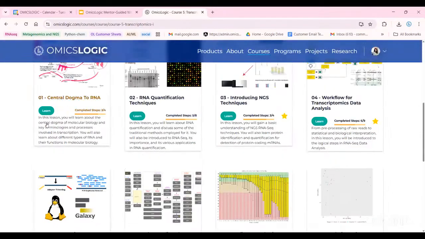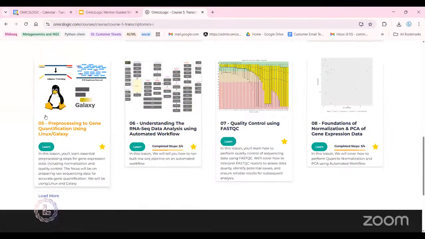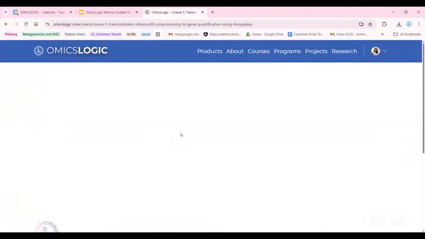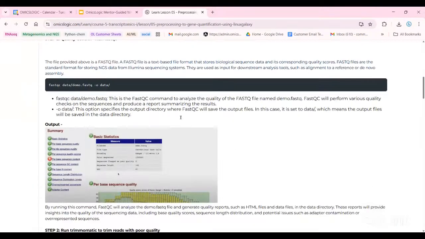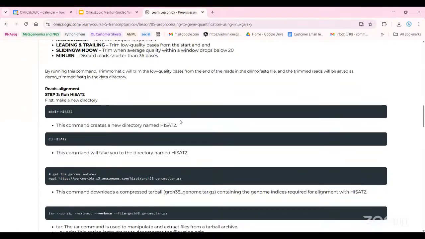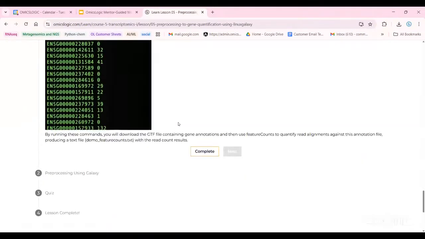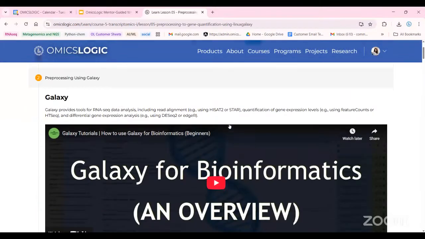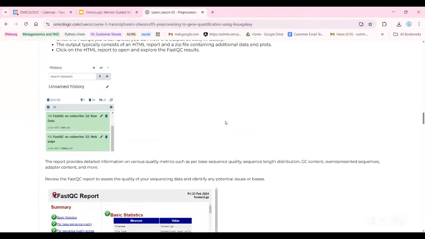So these include workflows. There are open source scientific tools and databases that we are covering throughout the lessons. And all of these are compiled into comprehensive lessons. So right now I'm just opening one of the lessons on pre-processing. As you can see, there are guided tutorials on how each of these step-by-step tasks can be done. There are explanations for the various outputs that you get. And finally, all of these are summarized into short summaries that you can go through to further refresh your memory.